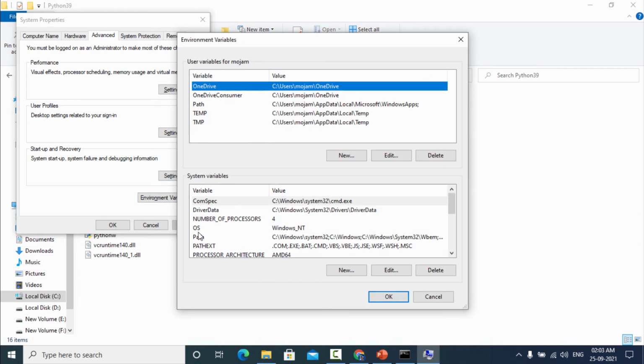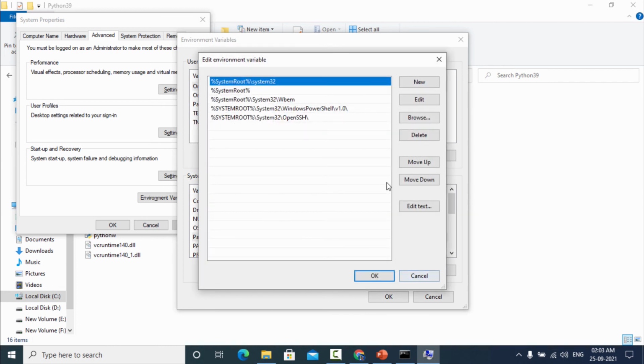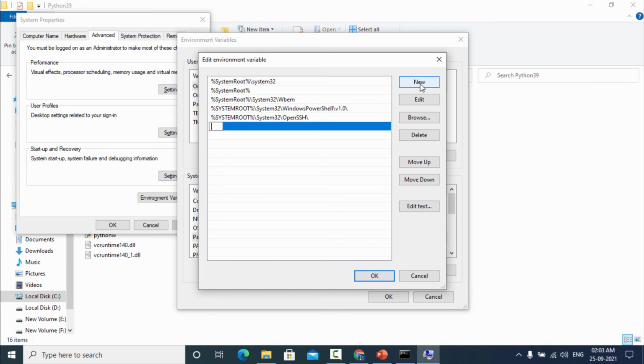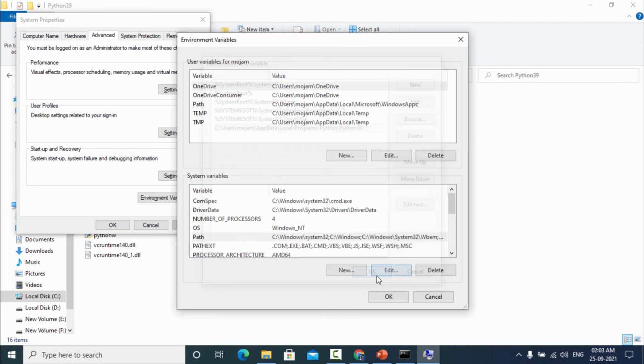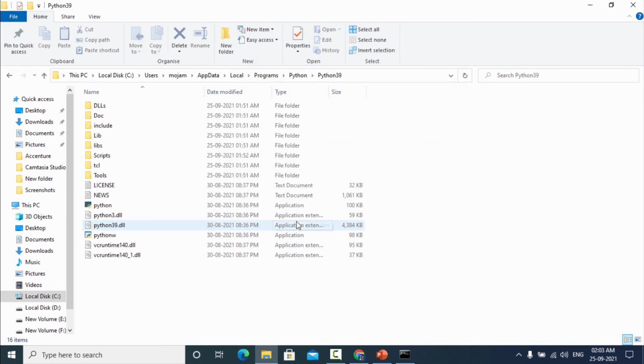In the system variables we go to the Path line and click on the Edit button. Then we add a new line, paste the Python path, and press OK to set this variable. Again we press OK, and press OK for this one also.